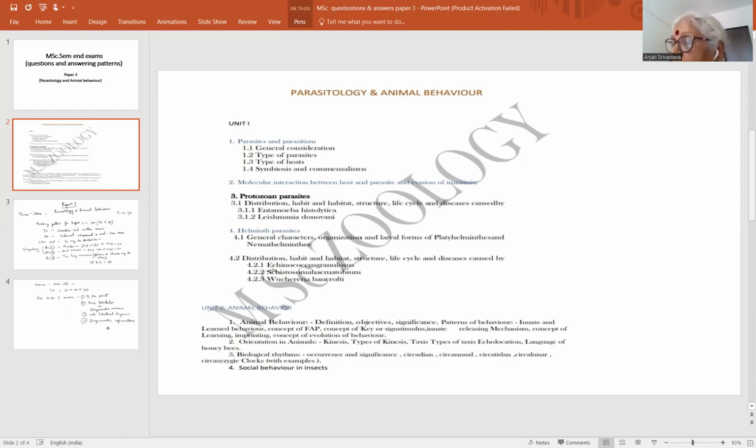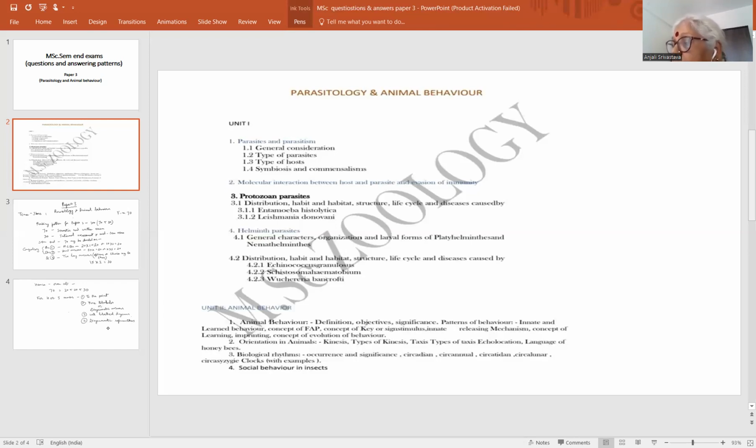First is parasitology and animal behavior. The most expected or always expected questions may be what is a parasite, what is parasitism, what are parasites. Separately, parasite and parasitism for 5 marks, in my opinion, is not much expected. Parasite and parasitism together you can always expect. Then types of parasitism, basic concept of host parasite relationship,